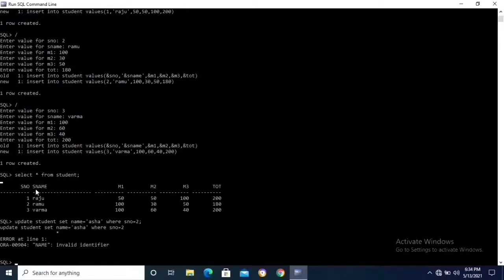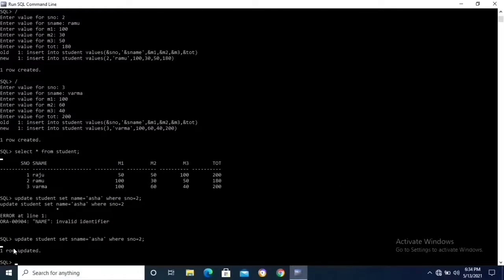Sorry, not name, student name. If you look at this table, name is wrong. The table field name is student name. Okay, update student name. Okay, enter. One row updated. Update command means update the table. In my table, student number 2 has student name Ramu.